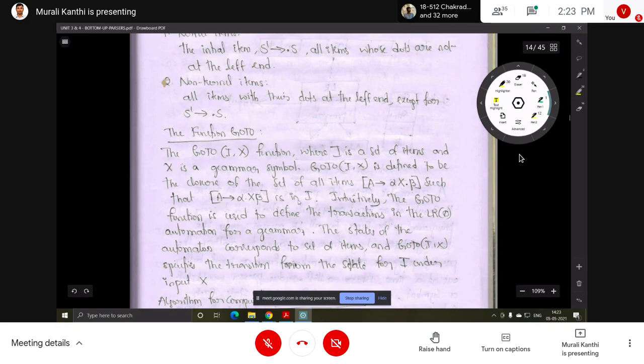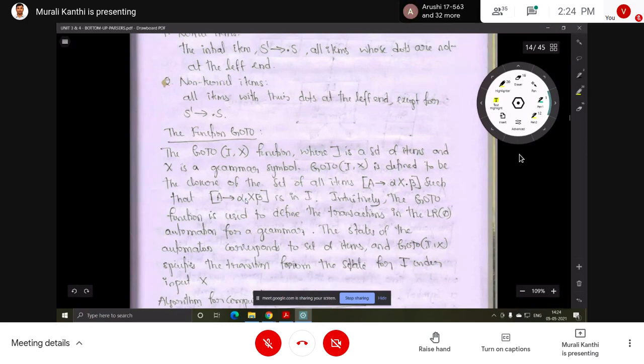So before applying the goto function on X, the production will be like this: A implies alpha dot X beta. After applying the goto function, this production will be changed like this. What is the difference you can find here?